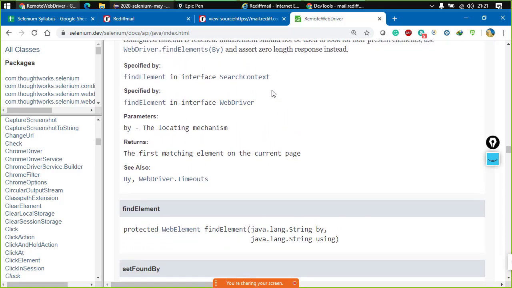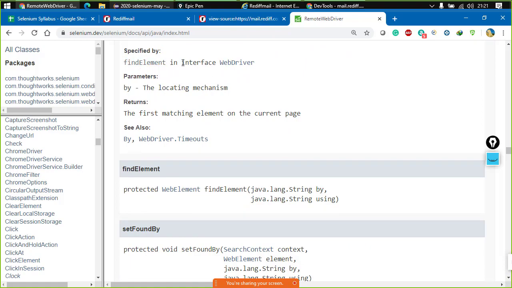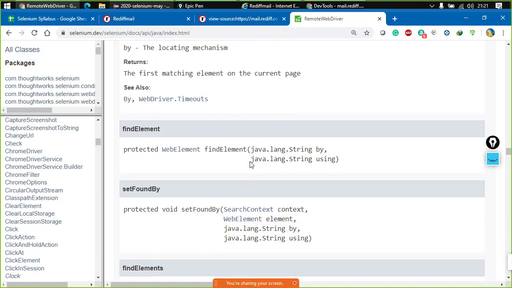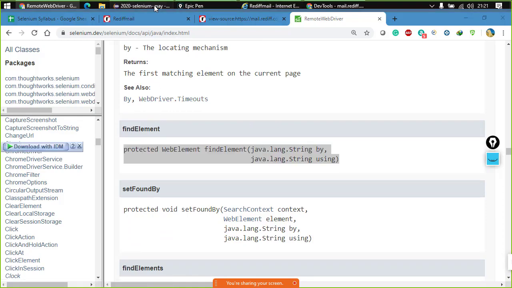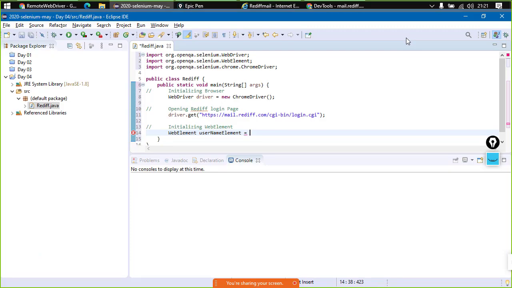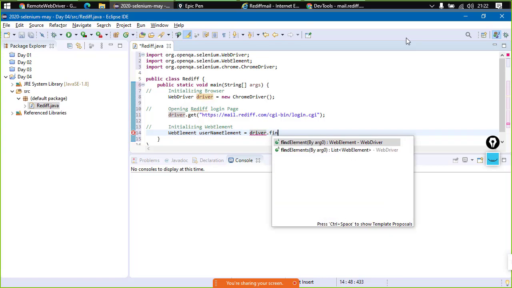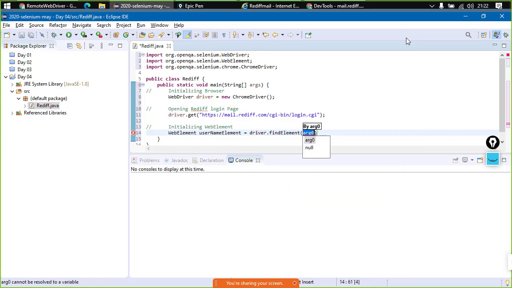So over here, what we would be doing is we would be trying to find the element with the WebDriver, right? Because WebDriver would be providing us the element. So driver dot find element. Now find element is a method which receives something. Now what kind of data it receives? It receives the data in the form of by class. So by class is the class which provides the data, right? What kind of data? Let us just see that.